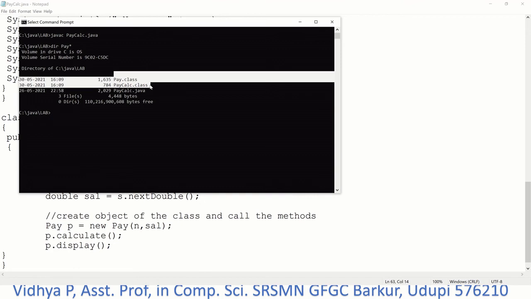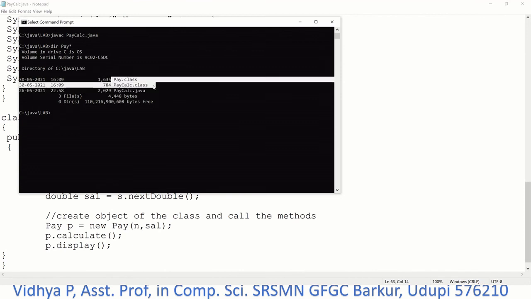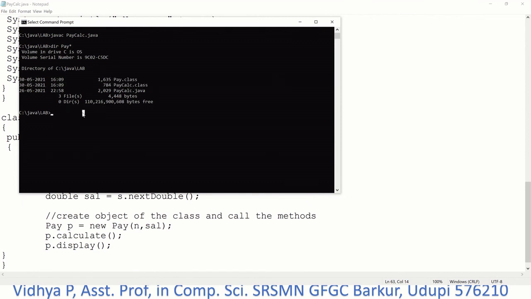Why we keep the main method separate from the normal classes is that it is easy to extend and it can be used in inheritance, because there can be only one main method for a particular program. So we are just going to keep two classes, Pay and PayCalc, and compile and execute only the class which contains the main method.